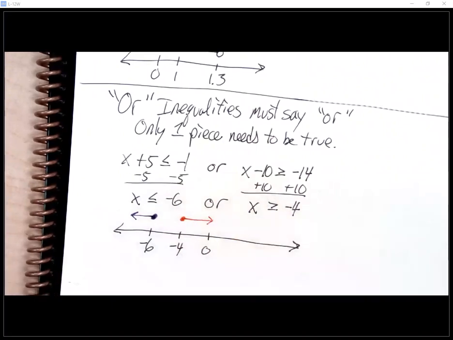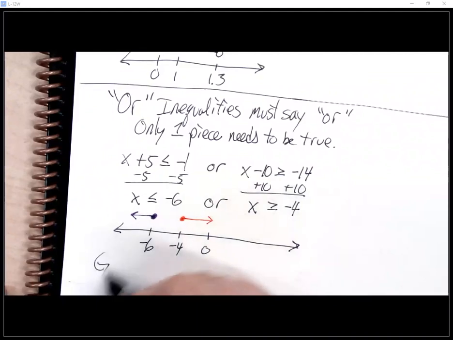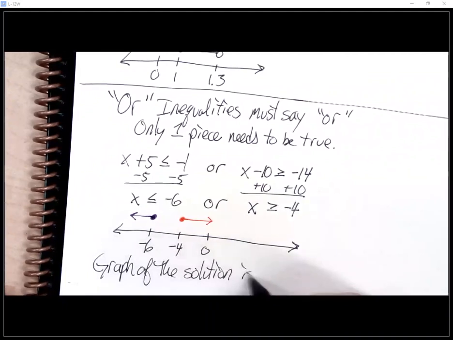That's my answer. I don't have to worry about them overlapping. It is possible that they overlap, but about 80% of the time, the ors just go in opposite directions of each other. I'll do an example where that doesn't happen, but that's my answer. I just take the two and I combine them. So the graph of the solution is just both graphs